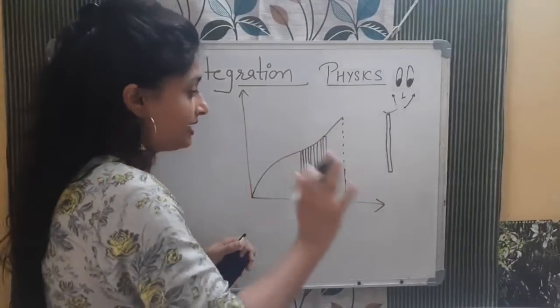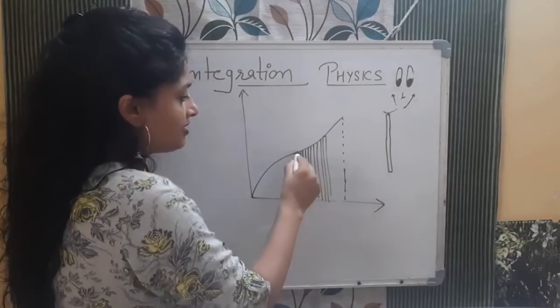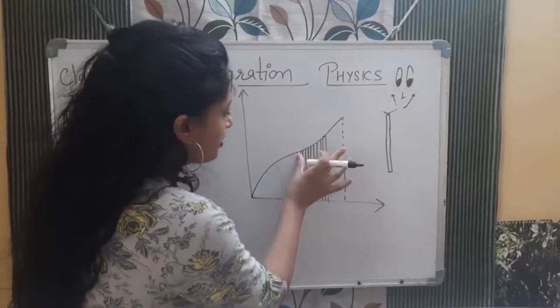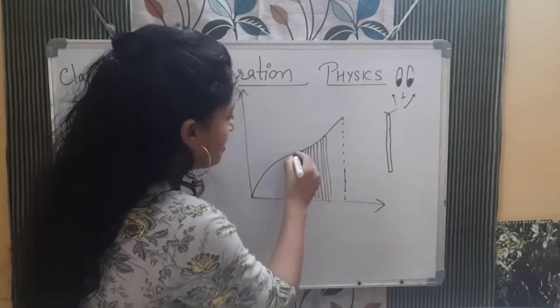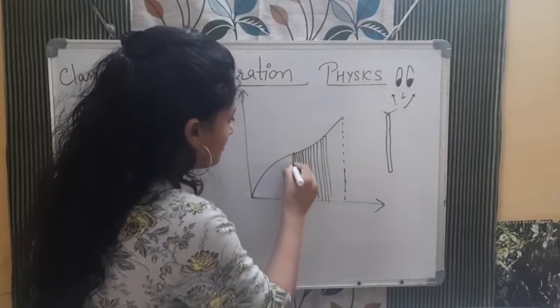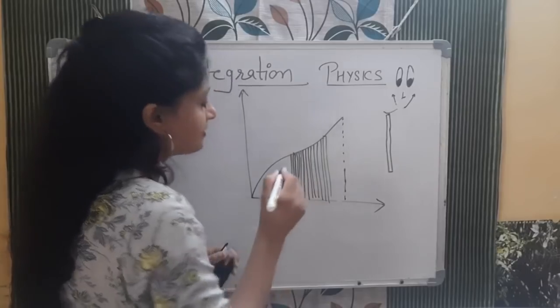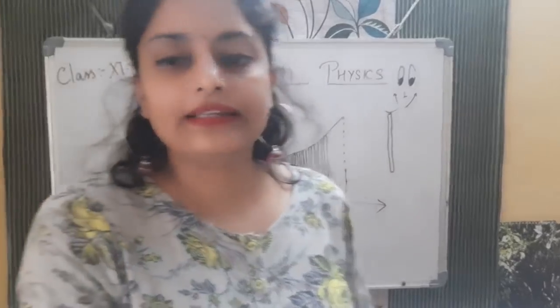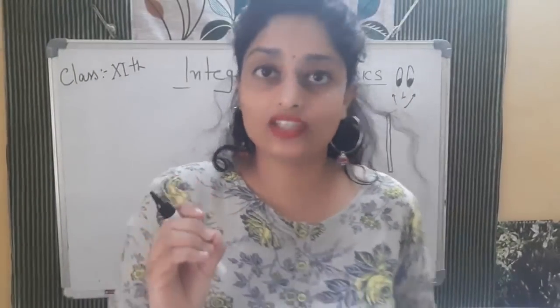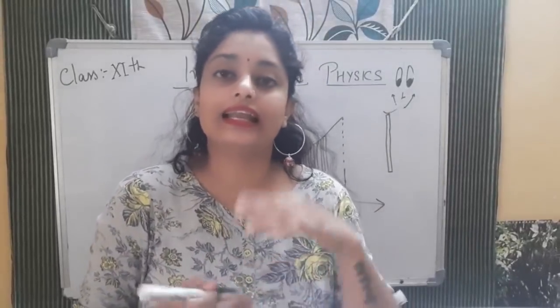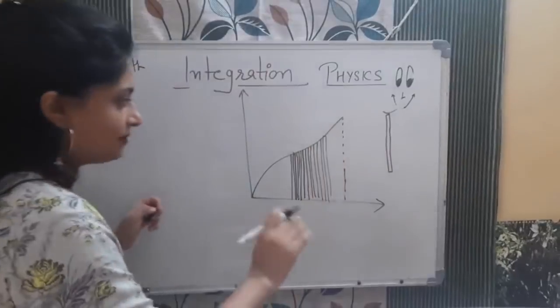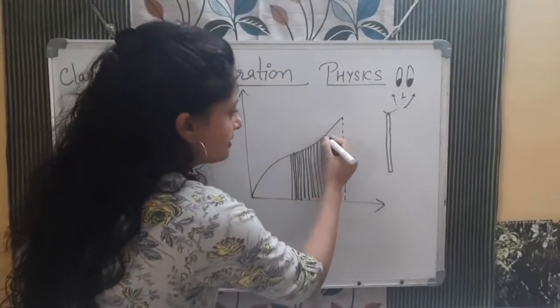For now, just understand that we are taking very fine strips from here. Okay, this is not a straight line. Fine strips from here. I am trying to make it, but it's a little difficult. Okay, like this. Now what will you do? Calculate the area of each strip. Each strip. So how will you calculate the area? What is the area of a rectangle? Length into breadth. So for example, I am considering only one. For example, this one I am considering.